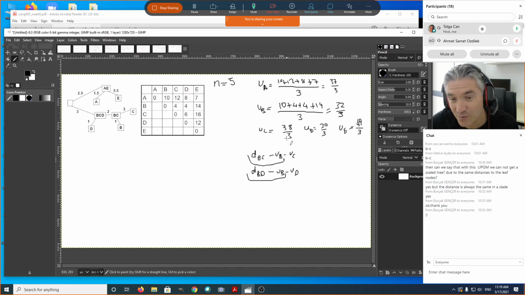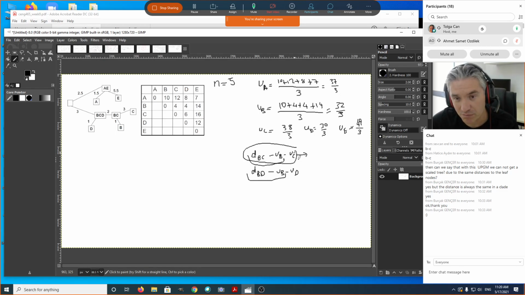UC is 38 divided by 3, UD is 30 divided by 3, which means that since UC is larger, this one is going to be a smaller number. Okay, it's no longer a tie. For neighbor joining, combining B and C is more preferable compared to B and D. All right, so we should start with B and C in neighbor joining, but